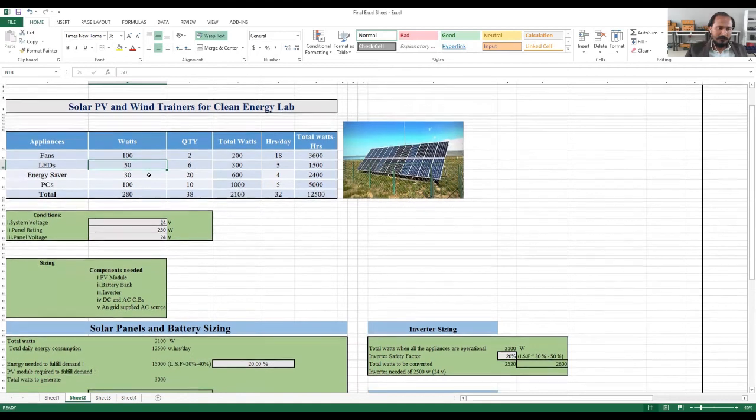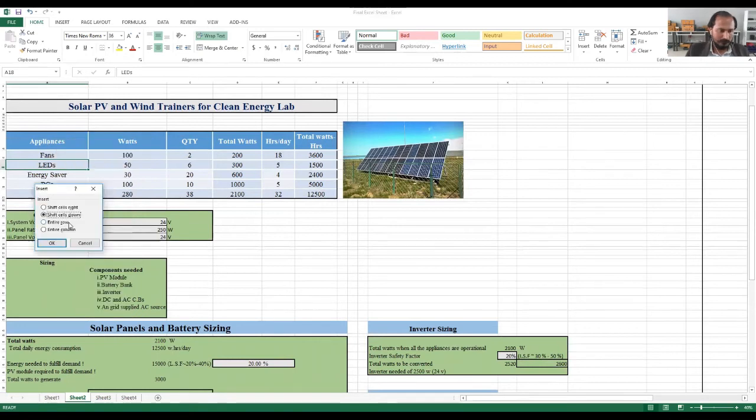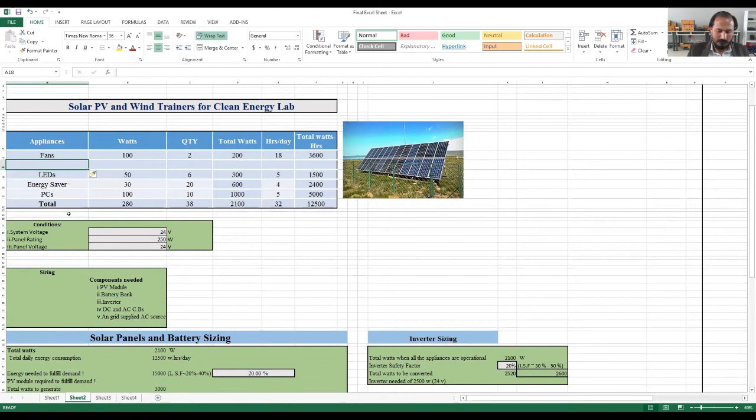As we have seen, suppose I add an extra row here and name it trainer, then we will put in the watts, total watts. Actually, I have made two Excel sheets.